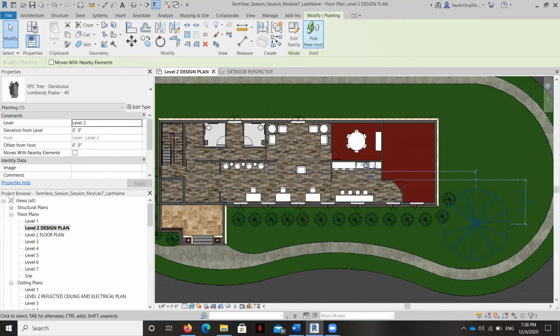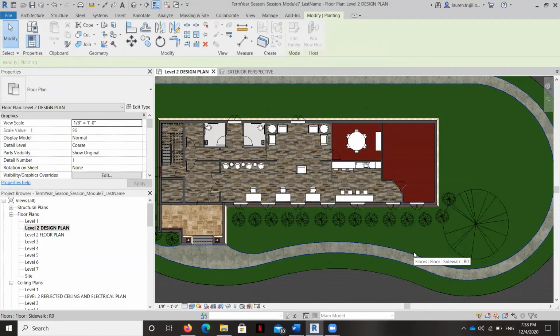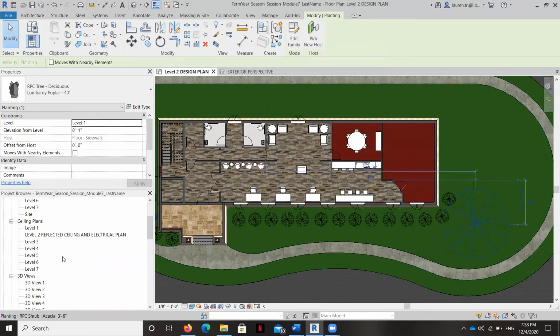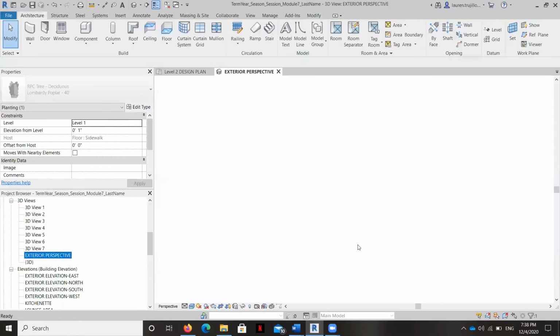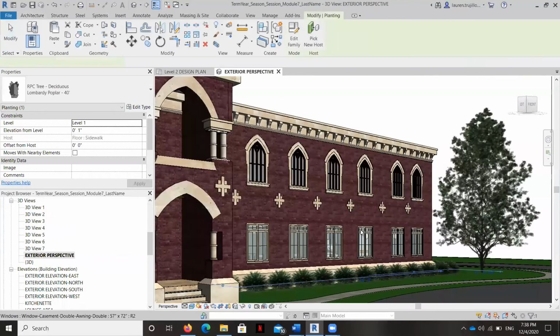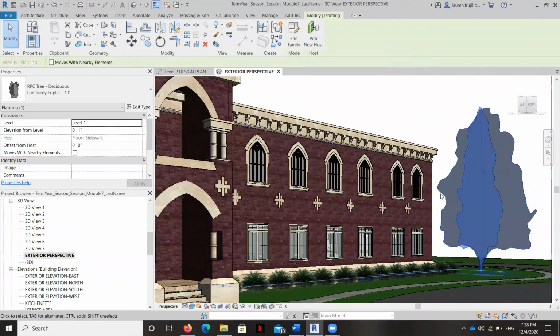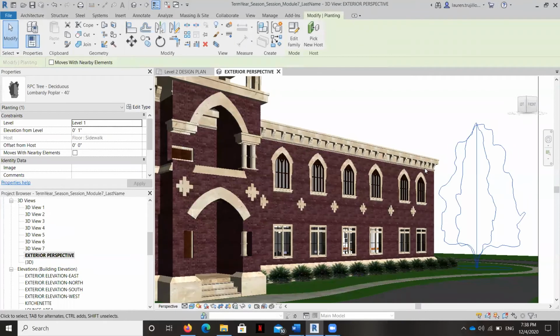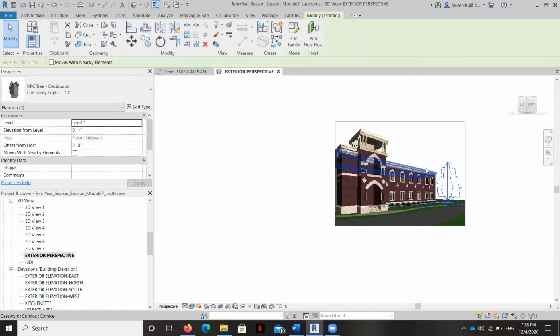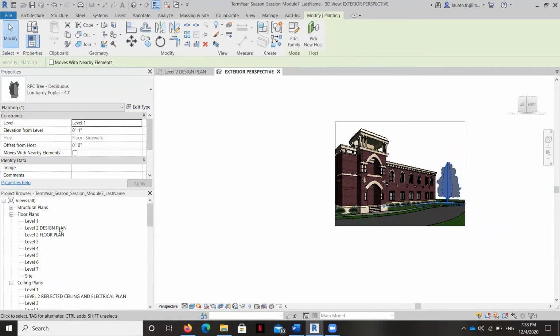And then same thing here, pick new host and just select. Let's take a look now. Okay, so now they're on the ground where they're supposed to be. And I may just put another little tree right in front.